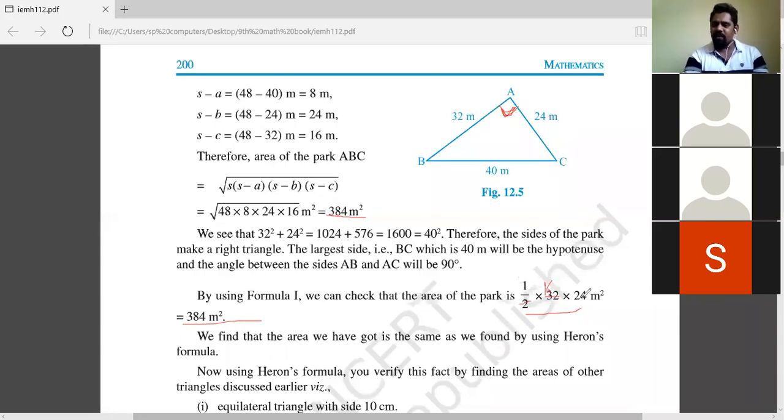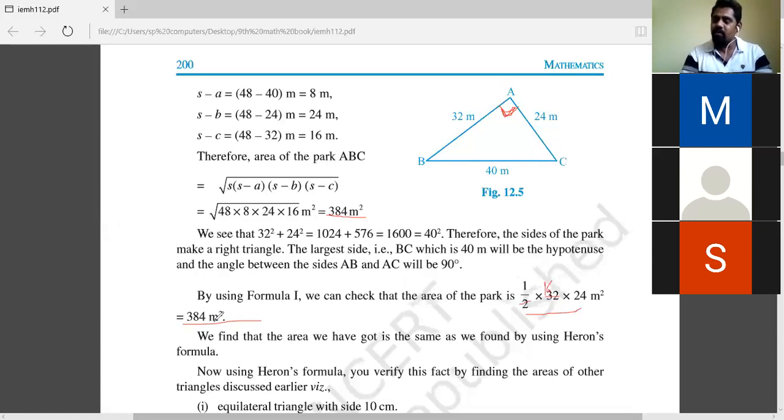Already you know this basic formula is there with us, and we have already proved this. I think you have proved half into base into height by taking a quadrilateral, a rectangle. Whatever it is, this formula you all know gives the right answer. Half into base into height. So use that, and we get one answer. For the same triangle, use Heron's formula, and see whether you get the same answer or not. Yes, we are getting the same answer. That is the reason why we are accepting Heron's formula.